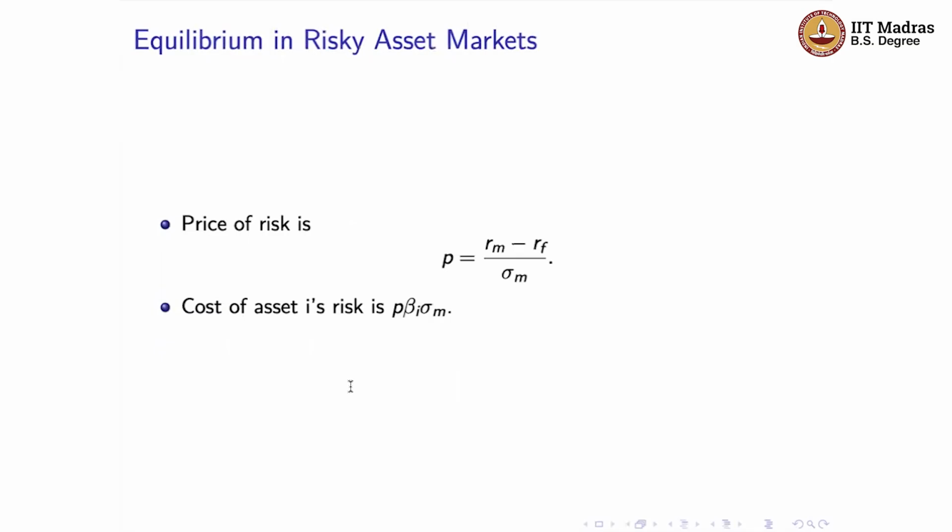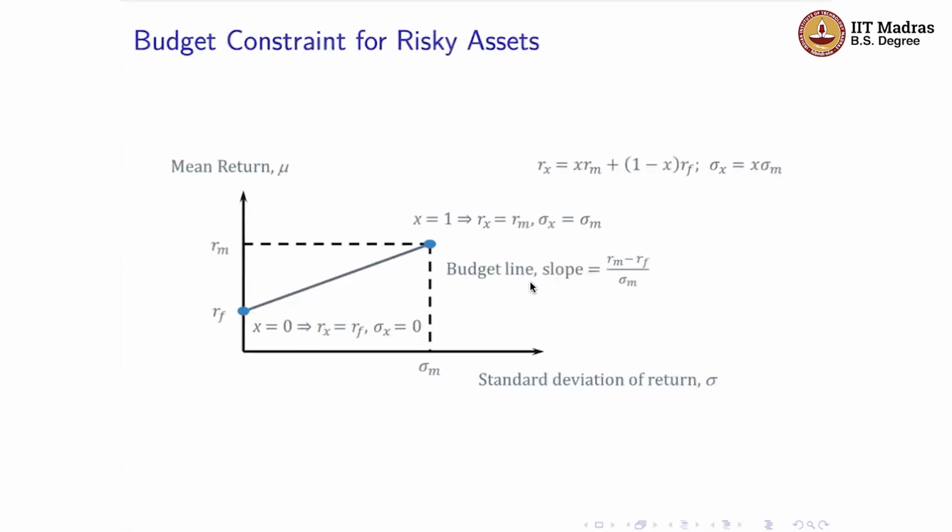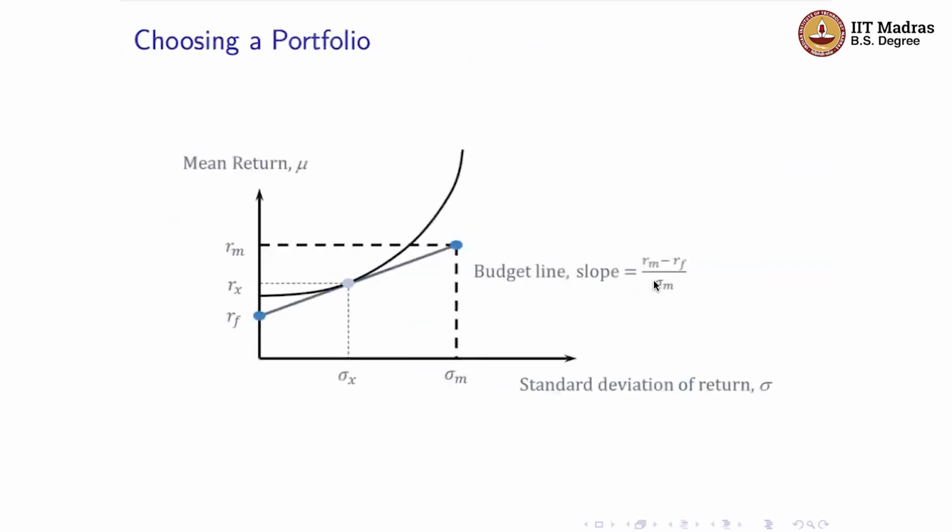And this is basically the slope of the budget line that we had discussed before. So that's equal to Rm minus Rf by sigma m. This is the same expression that we had got here when we were looking at the budget line slope. The only thing is that now we are thinking of this risky asset as the overall stock market portfolio, right? So therefore, the slope that we had, which was the price of the risk, now the M corresponds to the market portfolio, basically. And so we end up with Rm minus Rf by sigma M as the price of